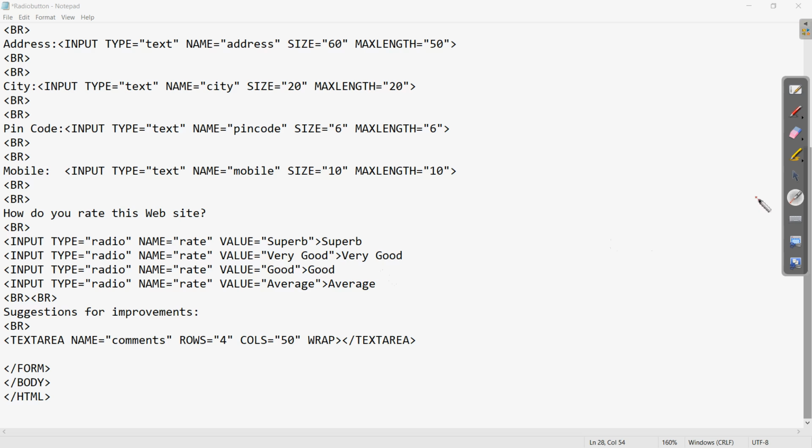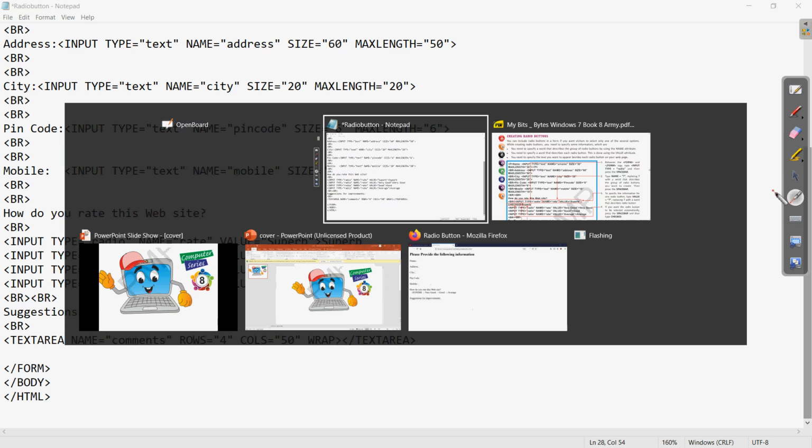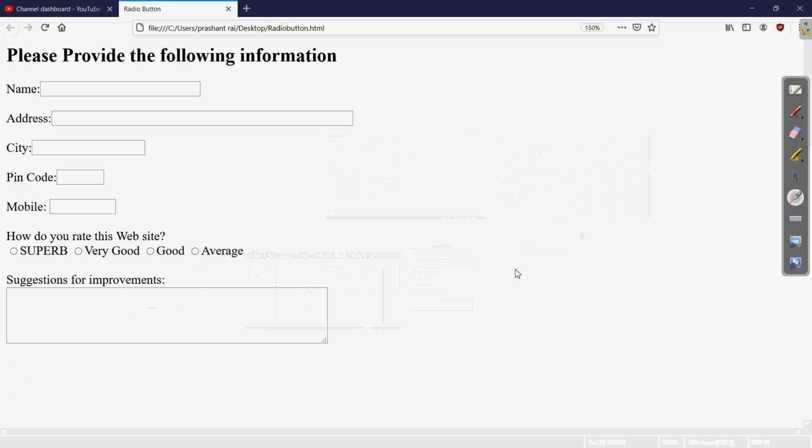Now let us see the output of this. If I come to the browser, here is the output of the HTML code which we have written. Clear? Whatever value you want to give to these text boxes can be given as earlier. Then here is the radio button.